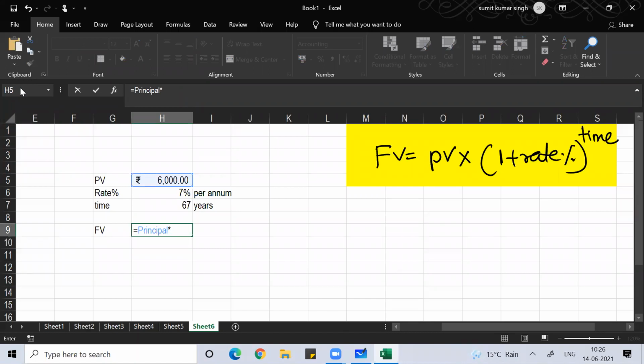Into shift 8, 1 plus rate of interest to the power time. Clear, everyone?